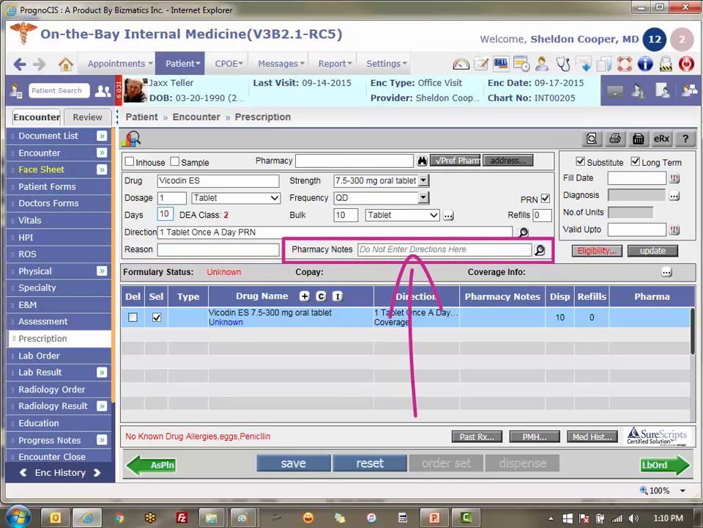As you see here, do not enter directions. These are not the notes to go on the label for the patient. These are notes you want to give the pharmacist specifically. Now to the right of pharmacy notes, we'll notice we have an eligibility button, and then in between the dispensable